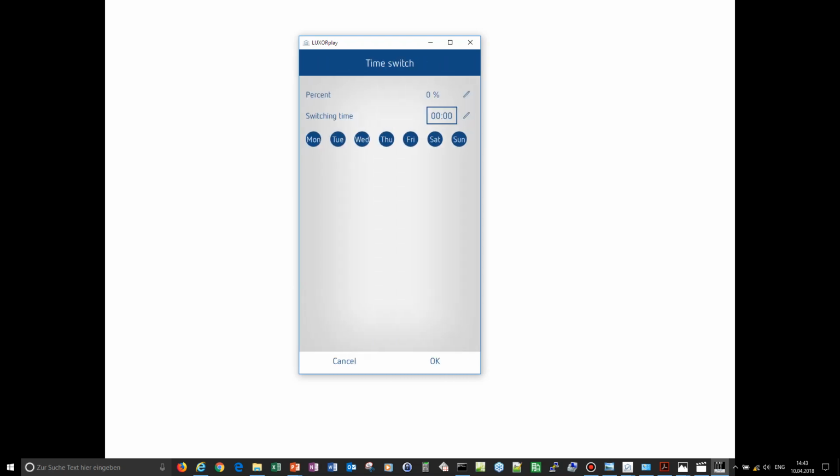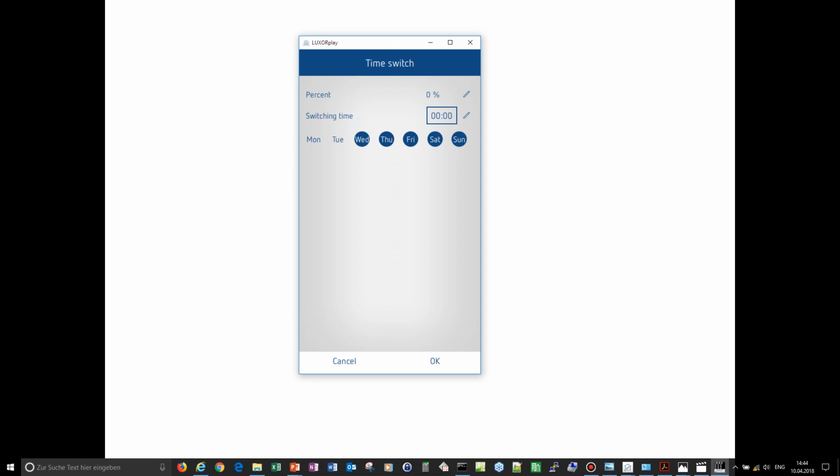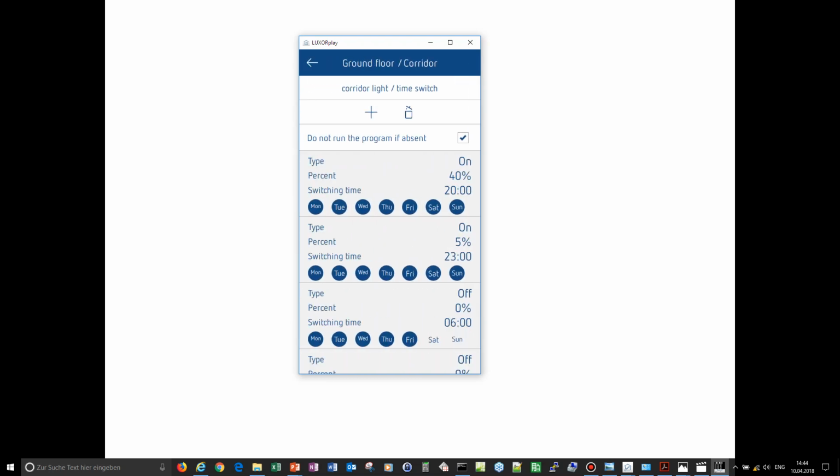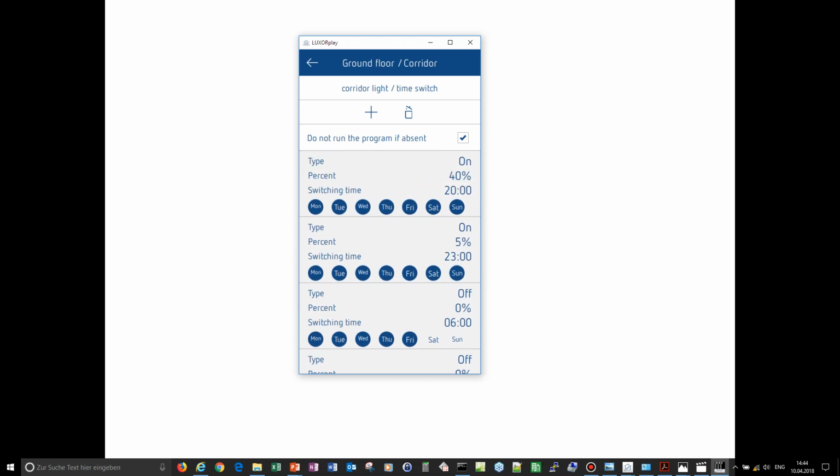And I would like to switch it off from Monday to Friday, for example, at 6 o'clock in the morning, but over the weekend a little bit later, so on Saturday and Sunday, I want to switch it off at 8 o'clock. So now we have created these 4 switching times for that dimming light with 40%, 5%, off.